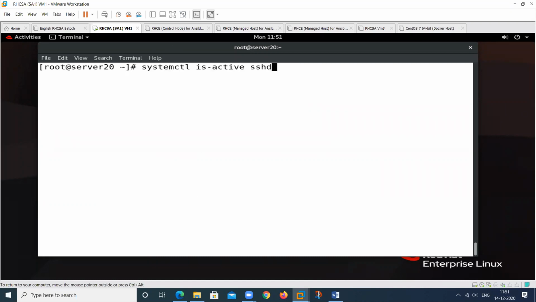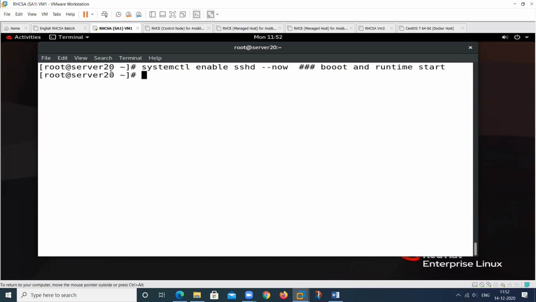But this command does not work in RHEL 7 also. So only for 8. Hyphen hyphen now means run time. Enable means booting time. This will start this particular service. So we can use this in one command. So this is for the boot time and run time also. Start this particular service, so my chapter will be complete.